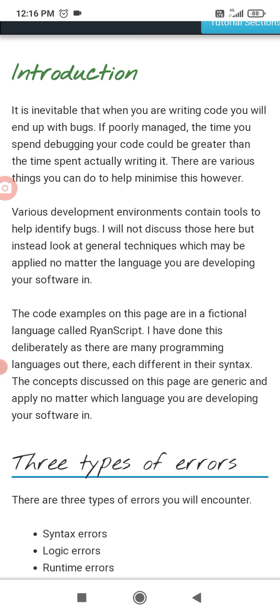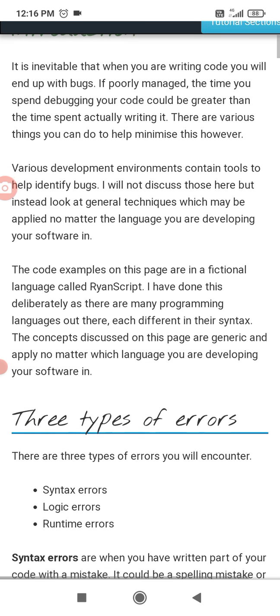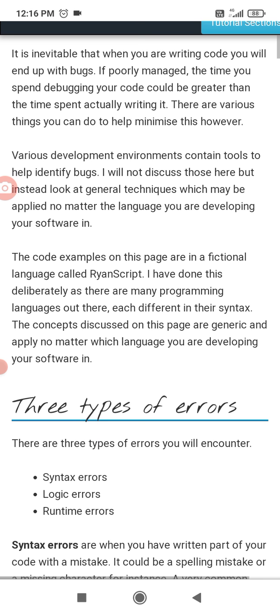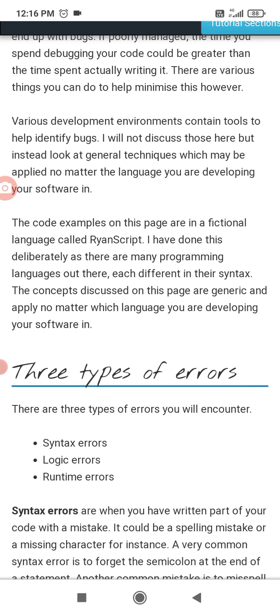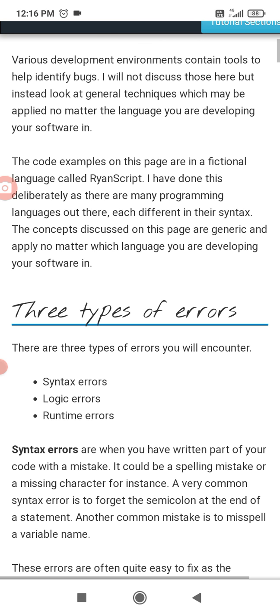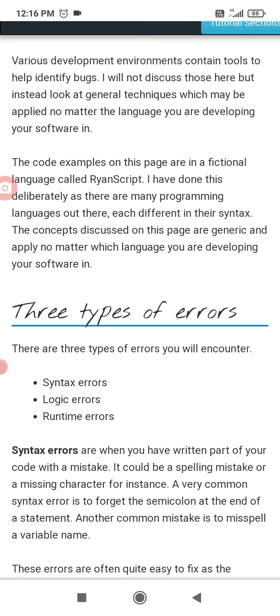The code examples on this page are in a functional language called RAN script. I have done this deliberately as there are many programming languages out there, each different in their syntax. Everyone knows that in a program there is syntax, instructions and logic. The concepts discussed on this page are generic and apply no matter which language you are developing your software in.